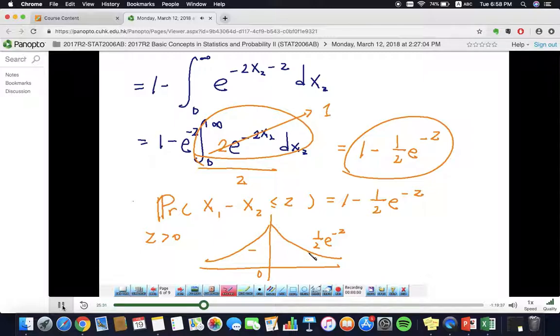Okay, and this distribution actually has a name. It is called the Laplace distribution. And this kind of distribution, I would say, is quite important,